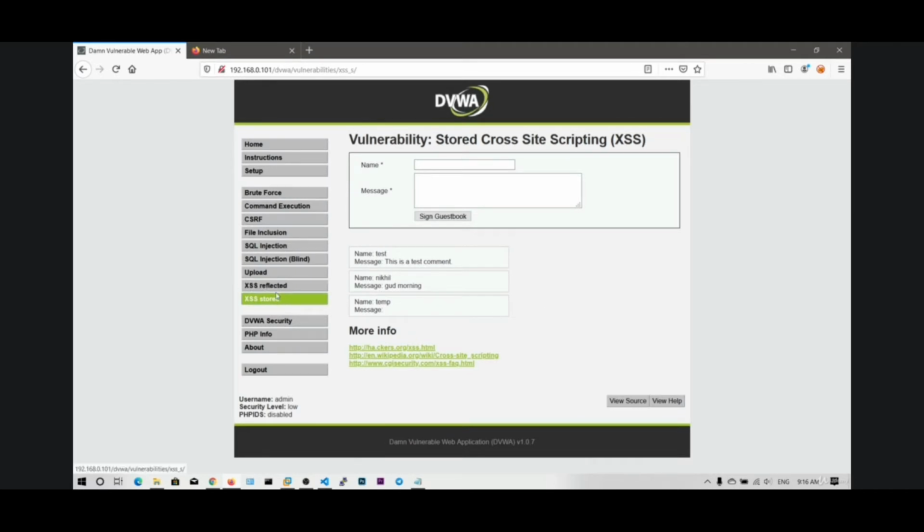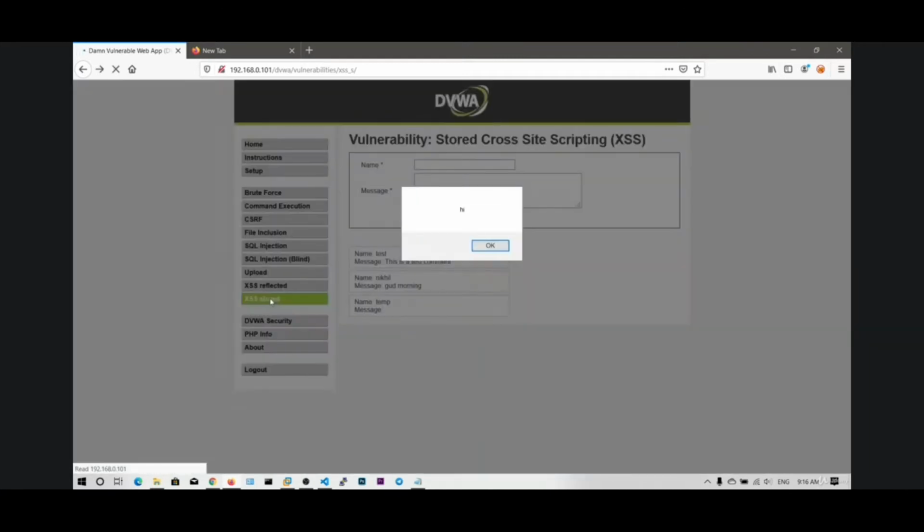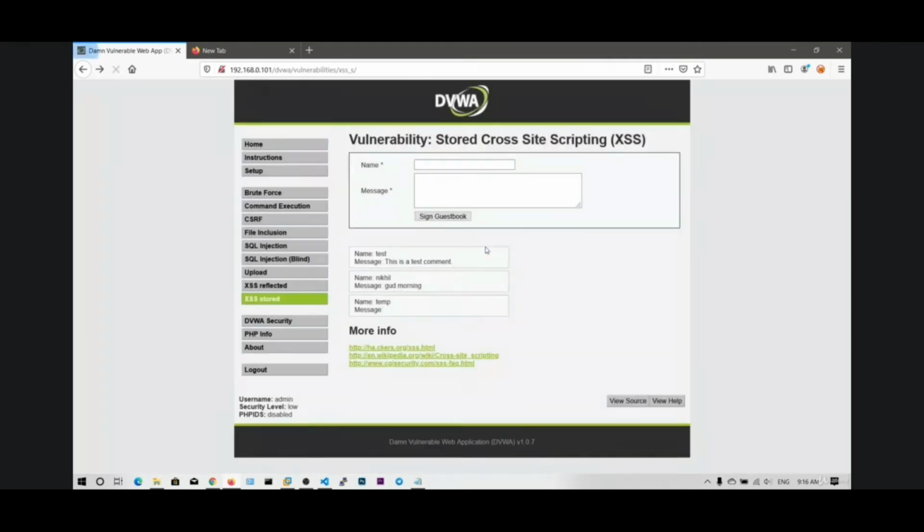So whenever I load this page, that corresponding JavaScript will get executed automatically. Even when you are an anonymous user, I mean another user, when you click on this stored XSS, you will get this JavaScript running. So this is the difference between reflected and stored.